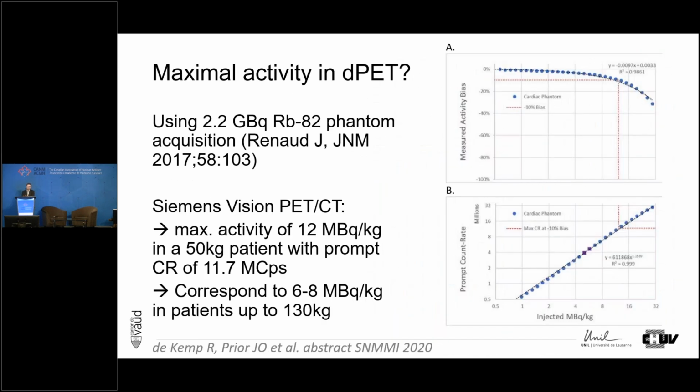You can see here that we computed on our digital PET with a phantom, with actually Rob de Kemp, who came to Lausanne to do these measurements, that we could put a maximal activity of 12 megabecquerel per kilogram with a prompt count rate up to 12 mega counts per second. This would correspond to a patient with 130 kilograms and 6 to 8 megabecquerel per kilogram, which we don't inject so far. So it's quite efficient. It's quite good at measuring absolute quantification, even in large patients,